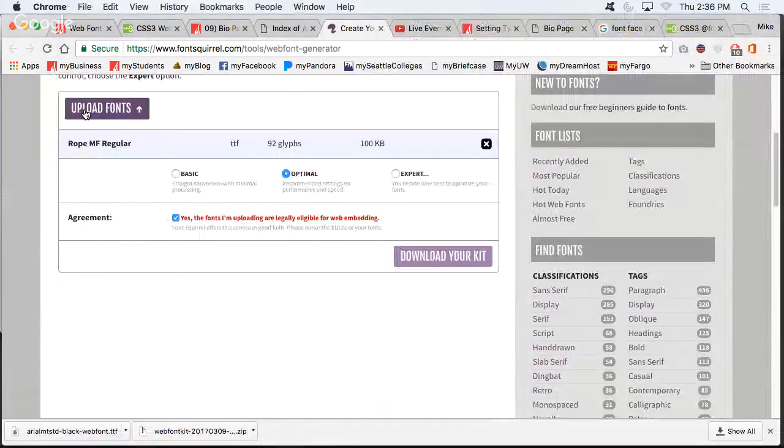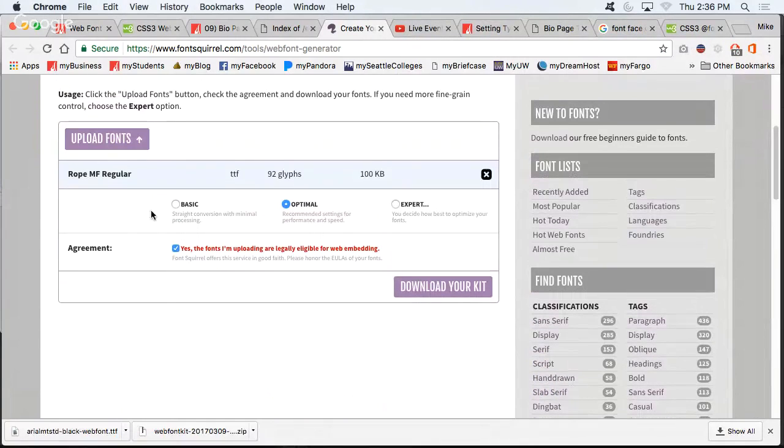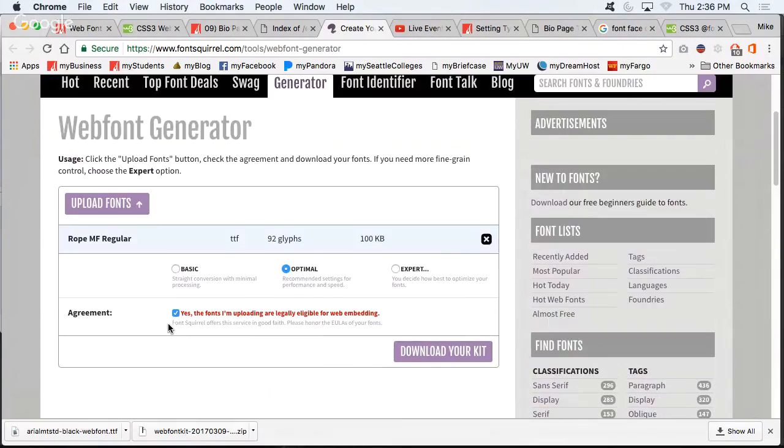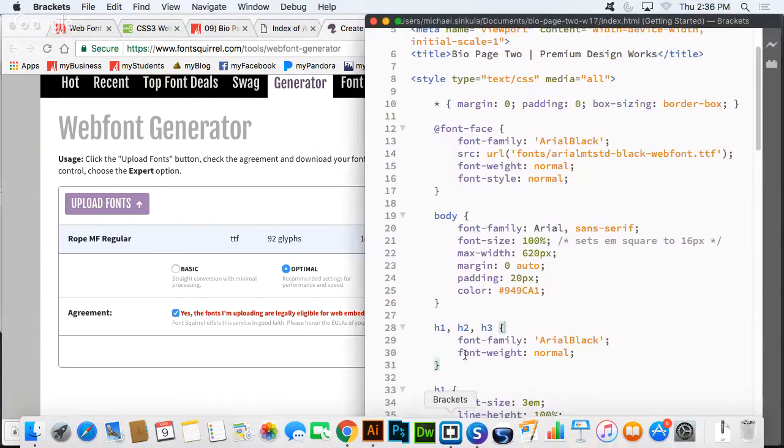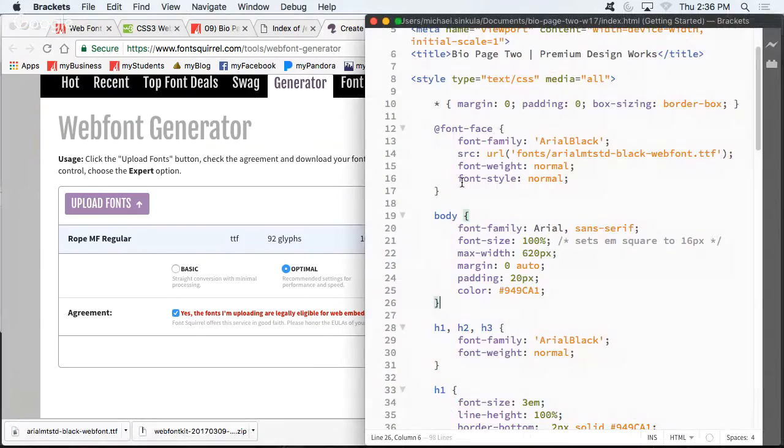Well, if you uploaded a font that it didn't want you to. Ah, okay. So basically, yeah, this is what you add: font-face, font family, lay out the variable name. And you can do multiple font faces, right? So let's say I did want to